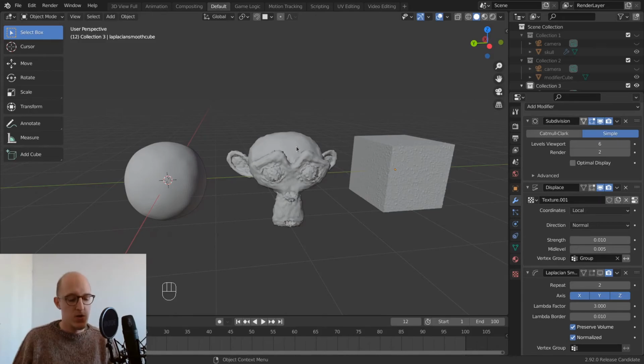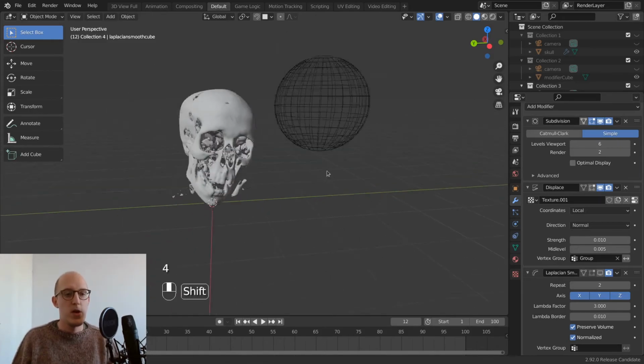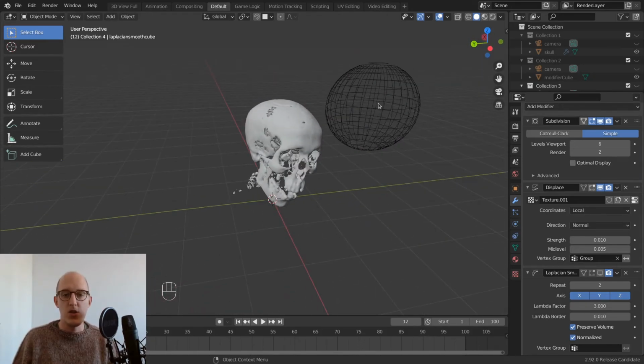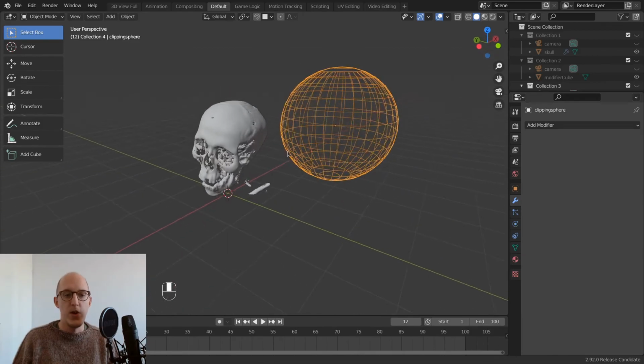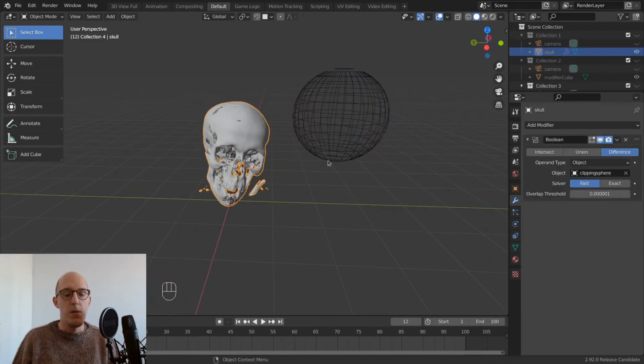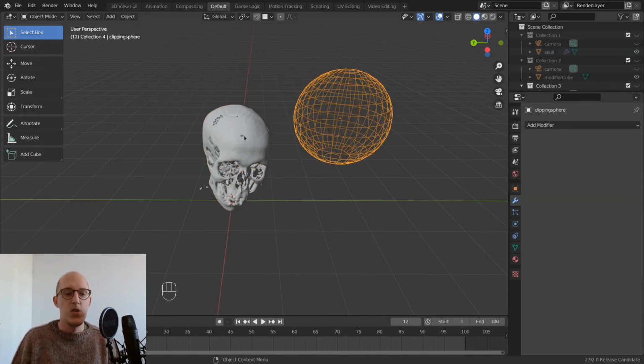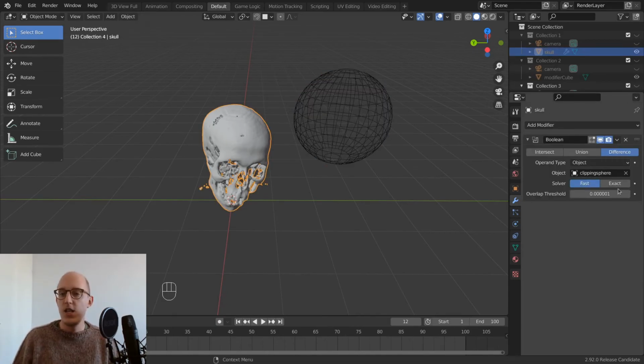And we're now going to go to collection 4 by pressing the 4 button on your keyboard. Then you are greeted with the skull again, but also a wireframe sphere. We're going to perform a Boolean operation on the skull with this sphere. If you select the skull, you can see a Boolean modifier is already added. If you want to add it yourself,